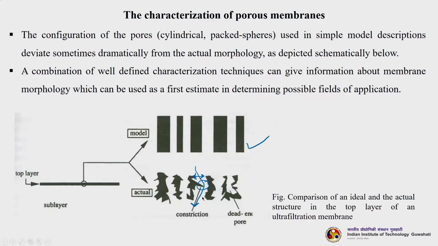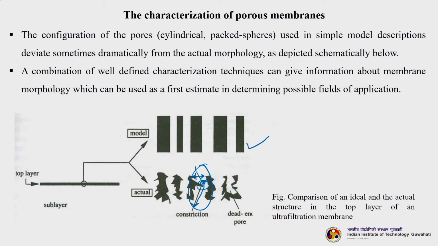If the size of the solute is smaller than the pore diameter, the solute will flow inside the pore. However, it will then get retained at the smallest constriction, because the solute is not able to permeate through that constriction. So, after some time this pore will be of no use.